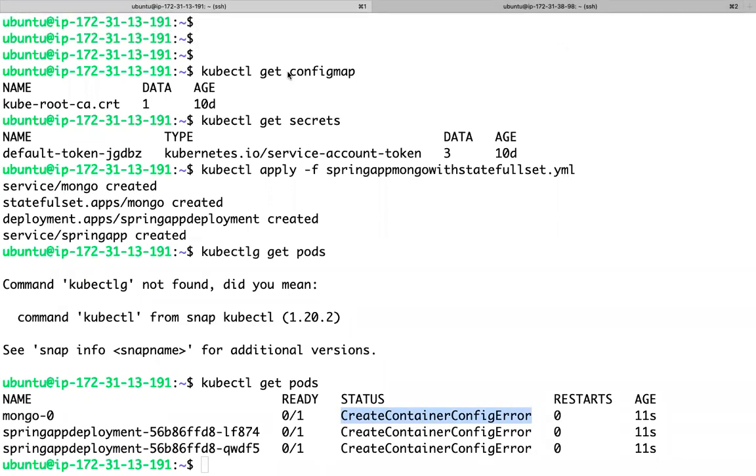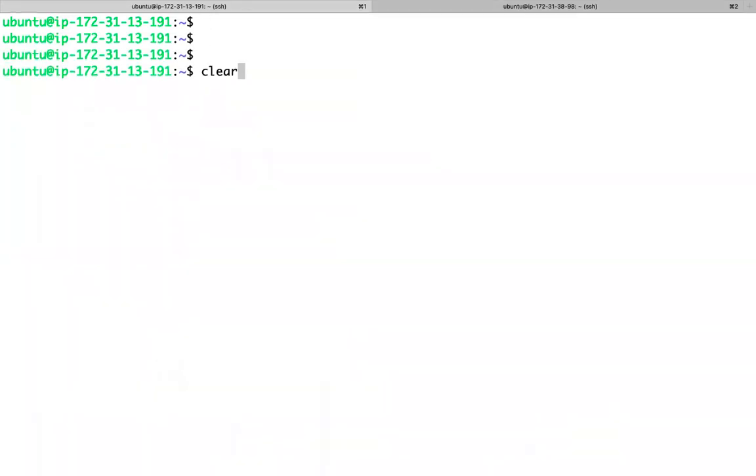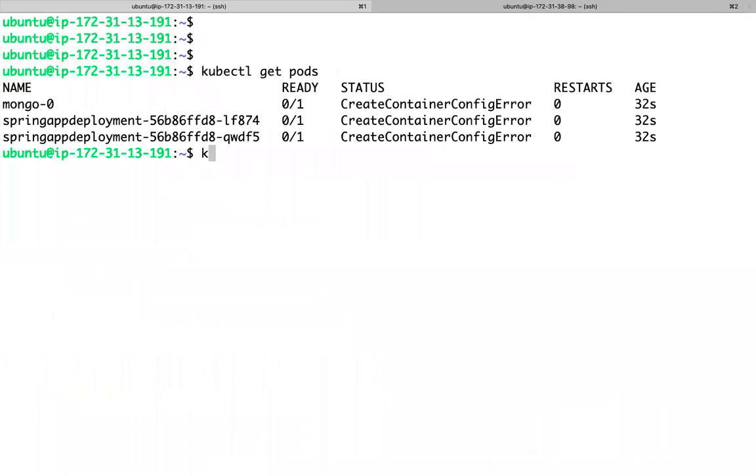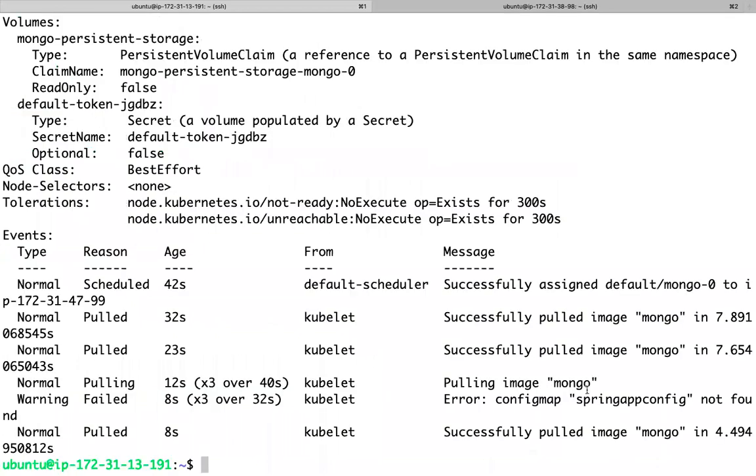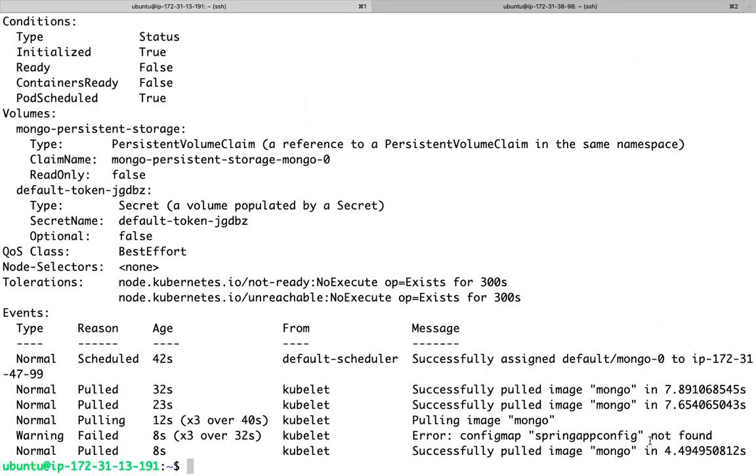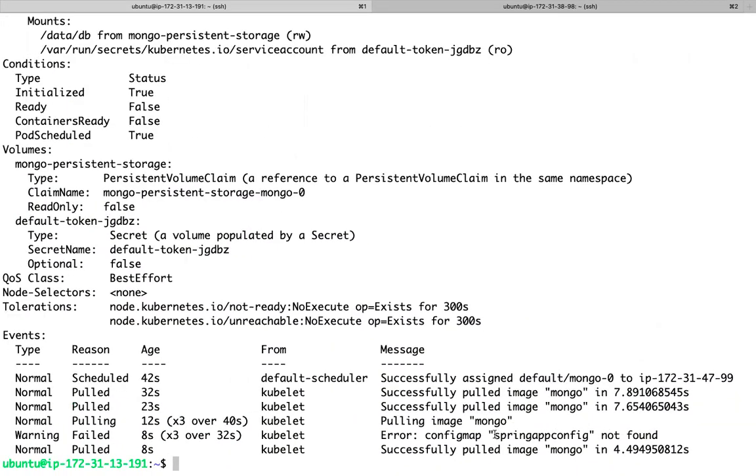So what is the problem? How can I troubleshoot this issue? kubectl describe. Let me describe my pod, any pod, this pod, right? If you see, what is the error? Config map Spring App config not found.